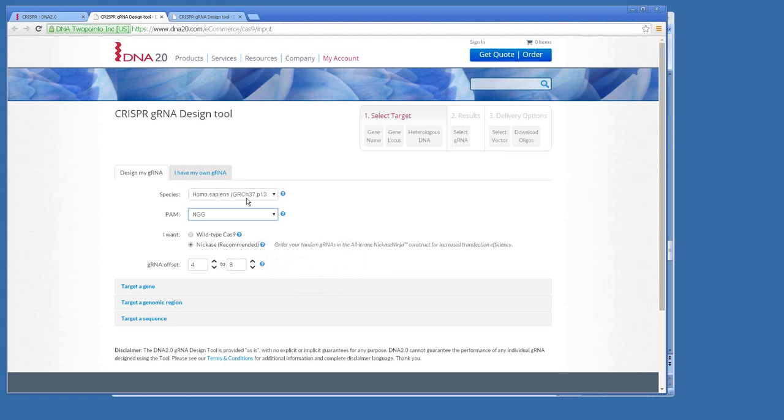Now, if you're not familiar with these input boxes, you can hover over the question marks and it'll tell you what the different selections mean. As I mentioned, once you have the genome selected, we'll go with human and the NGG PAM with the nickase. Once you select the genome of interest and the guide RNA offset, you can